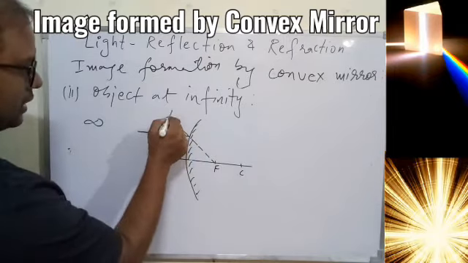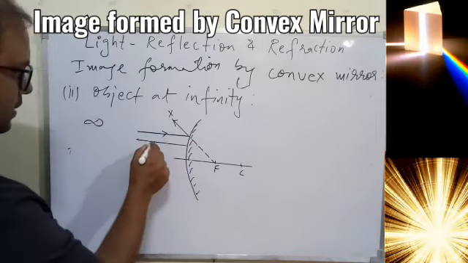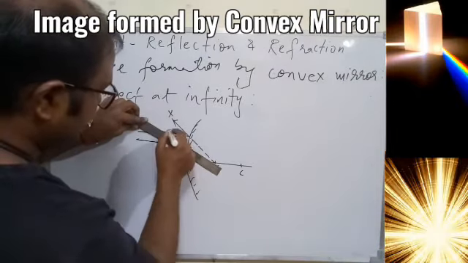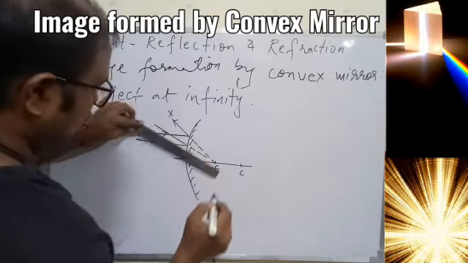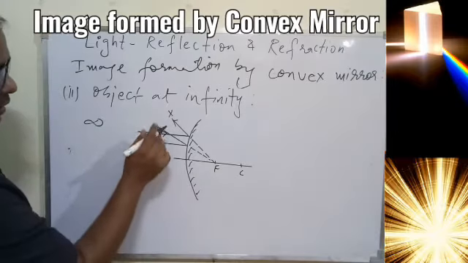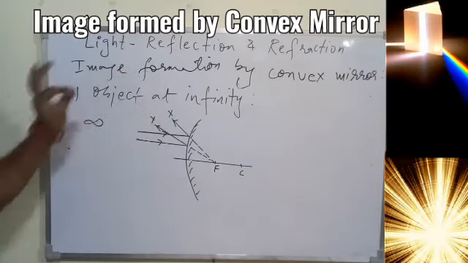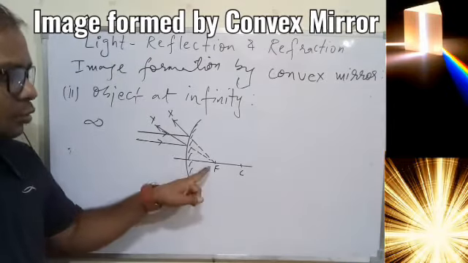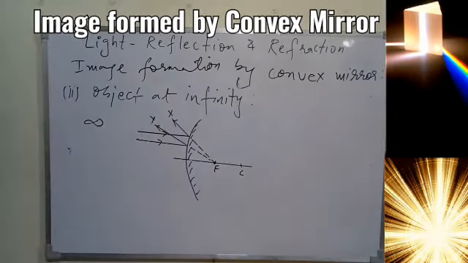So this is the first ray we got, X. We can take another ray of light, again parallel to the principal axis. It also should diverge from the same focus. Simple. Behind the mirror, always remember it should be dotted. So this is my second ray, Y. Again you see they are diverging, so they cannot meet. So you understood it cannot form a real image in front. They seem to diverge from the focus, and now they are forming again a point-size image, and that image is virtual also because it is behind the mirror.